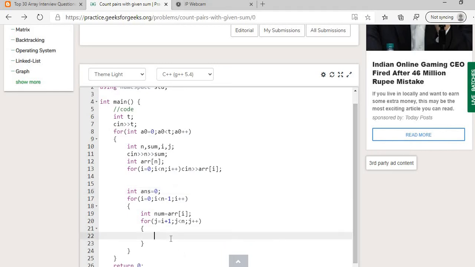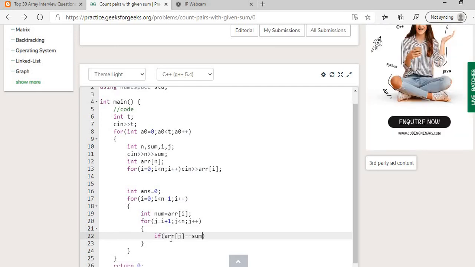So from I plus 1 to n minus 1 j, if array j is equal to sum minus num, then we need to add to our answer.